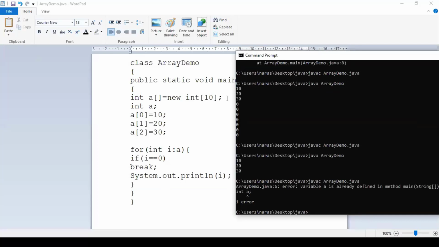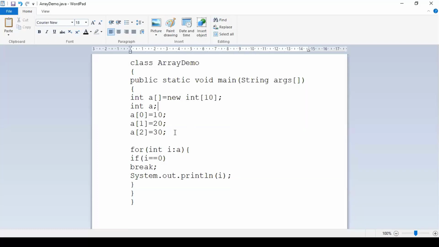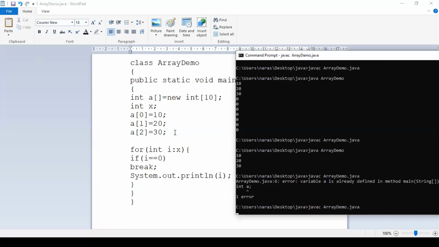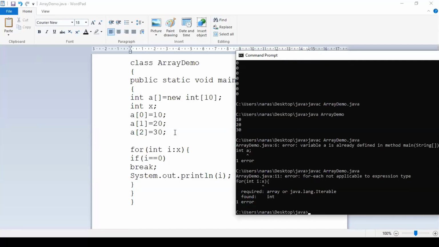What is it saying? Variable a is already defined in a method, right? That means, can I justify saying that all the variables will have a unique name now? So that is one thing. And the second thing, say for example, if I wrote this one as sum x, this is now a different variable. Now if I give a x instead of a, which is a normal variable and not a collection, it will obviously throw me an error saying that the variable you have specified is not a collection.